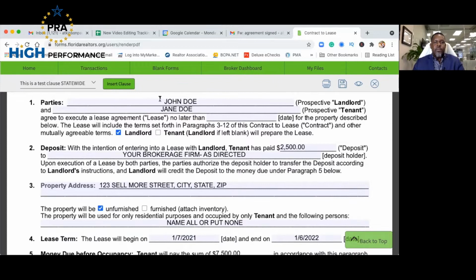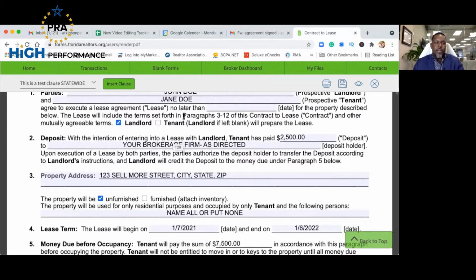So part one, you've got John Doe, that's the landlord's name. Jane Doe is a tenant, your tenant. And then this is asking right here that these two parties are going to enter into a lease no later than a time. You give a time. So you're preparing this to present to the landlord, and you're saying, hey, landlord, should you sign off on this today, which is the 1st of January, we have until the 7th of January, 7 days or 10 days or